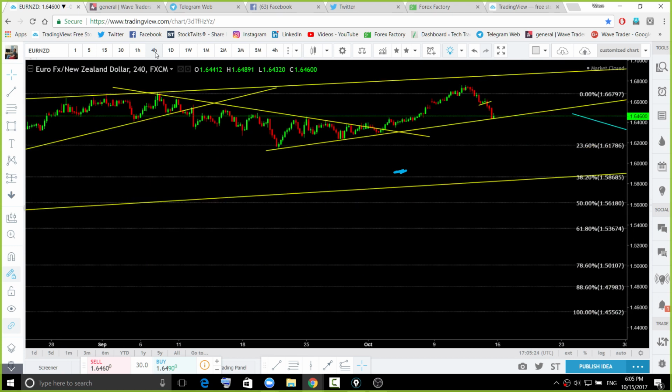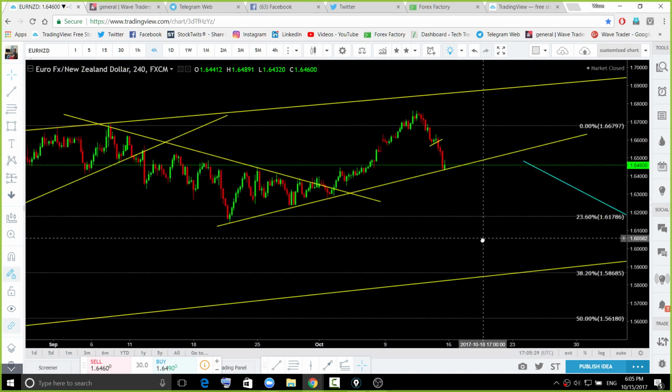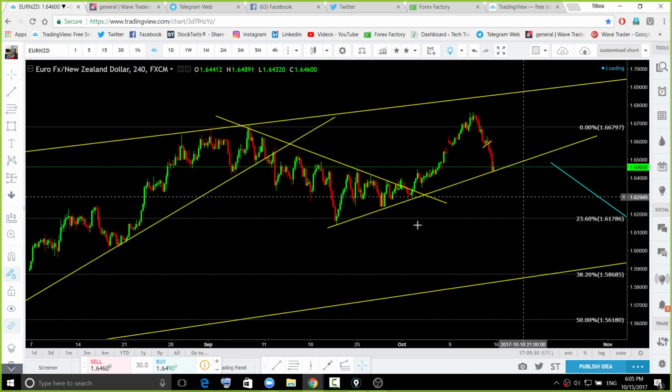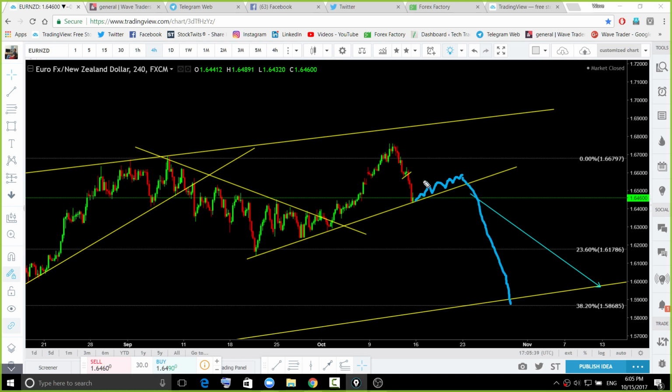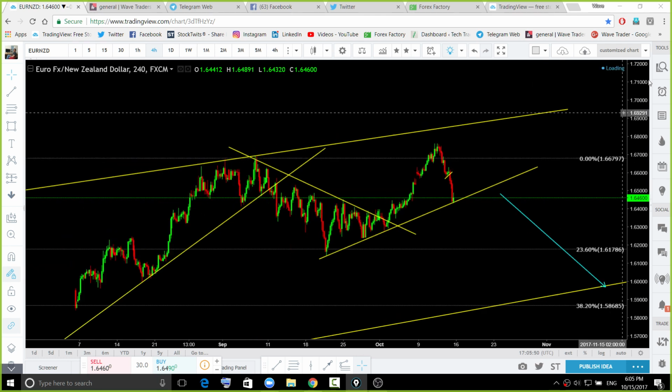If not, that's okay. Watch the continuation formation at this area. If you see the continuation formation, perfect, you're going to get another short. So those who are holding their short from that top, perfect. That short-term trade is completed, now the longer-term sell. So watch for continuation, go for short on the Euro New Zealand dollar to the downside.